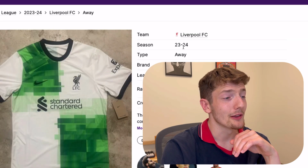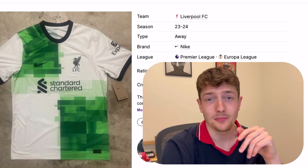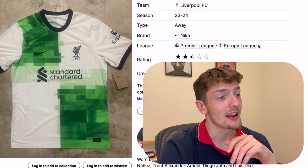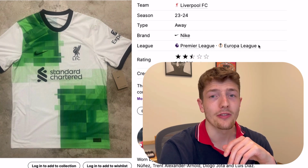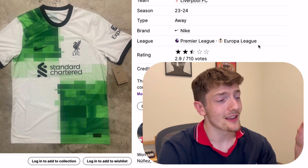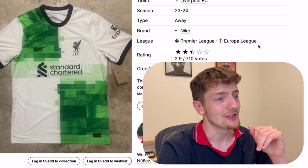Next up, we got the Liverpool away. This is where it goes completely downhill for Liverpool. This shirt looks insane. I don't know what they were possibly thinking. And the disappointing thing here is this could have been good if they just made it